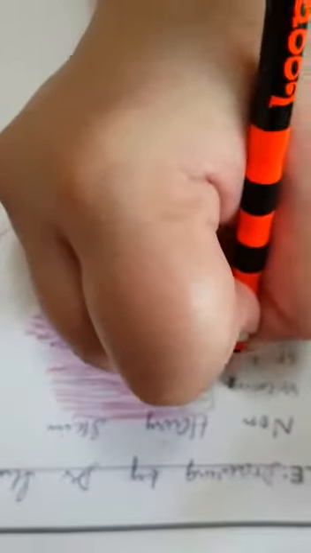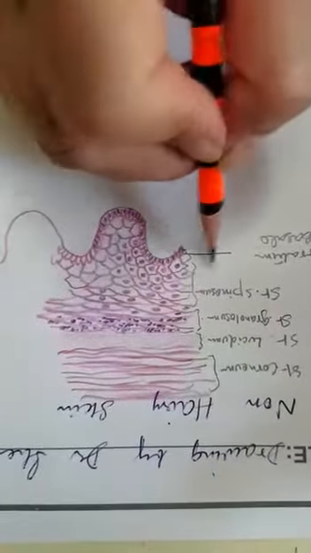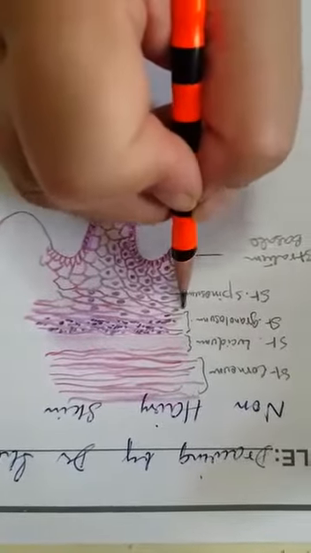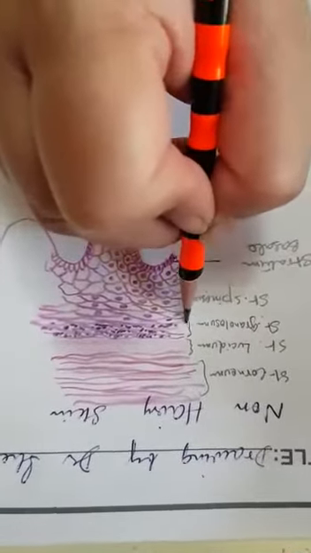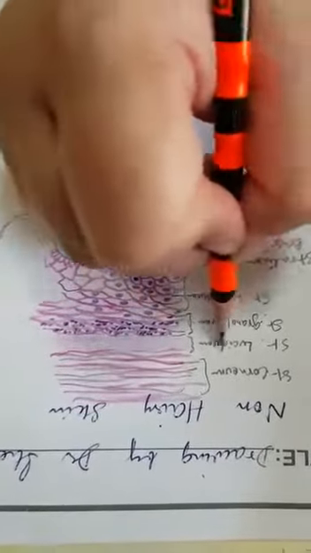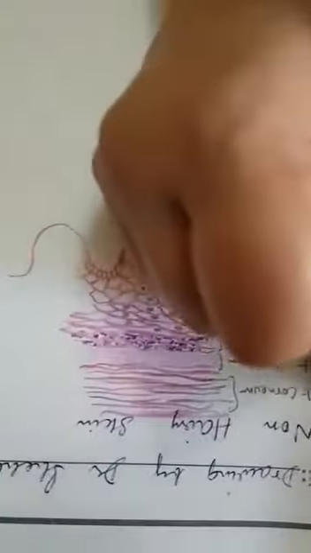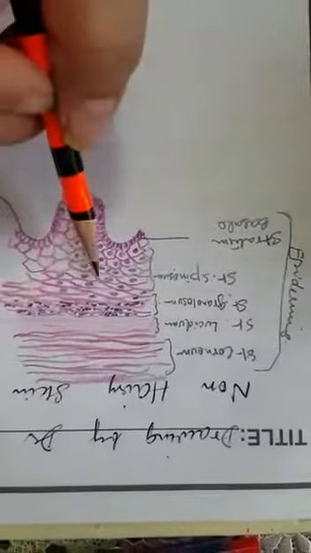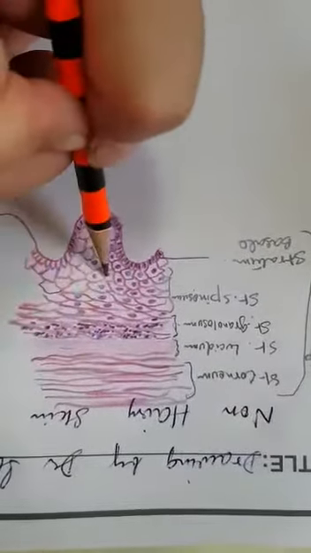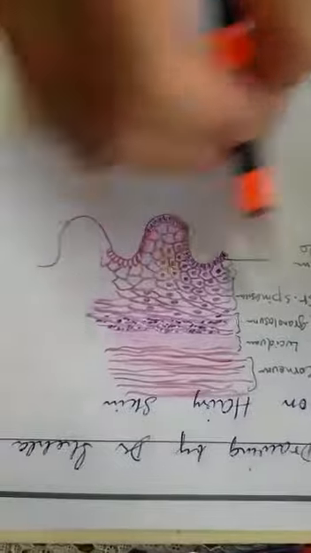So there are 5 layers in the epidermis of the skin. Stratum basale, which is a single layer of low columnar cells, then several layers of polygonal cells forming stratum spinosum, then stratum granulosum, upper 3 to 5 layers having granules, then stratum lucidum, this is the transparent layer here, and then stratum corneum. The whole structure above is the epidermis. So this is in fact stratified squamous keratinized epithelium with various names given to the layers.